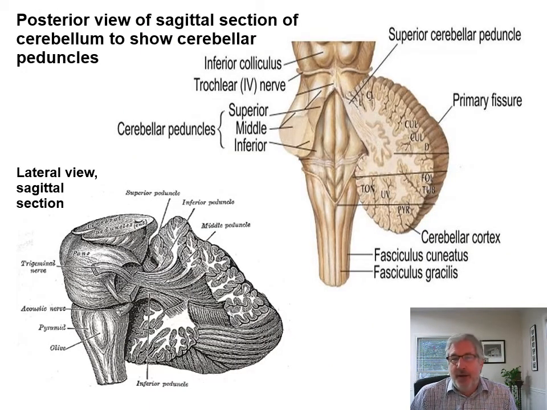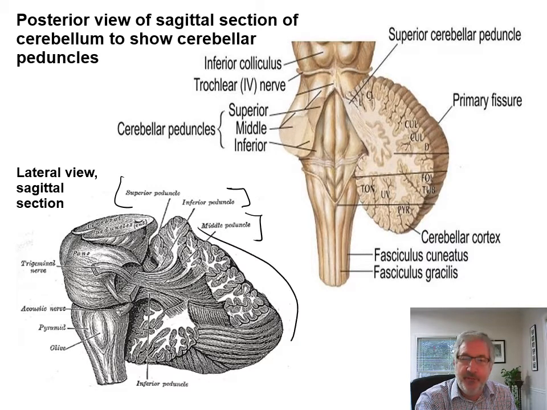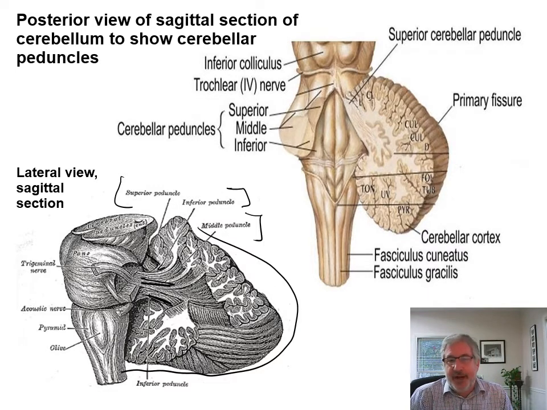This is a little complicated slide. I'm not sure I want to spend a lot of time on it. Just on the bottom left section, I wanted to show you there are superior, inferior and middle peduncles coming from the cerebellum. So here's your superior one. The inferior one, there's a little bit of it here, and a little bit down here, and then the middle peduncle. So it's showing the peduncles are tracts of white fibers that gather and come together,